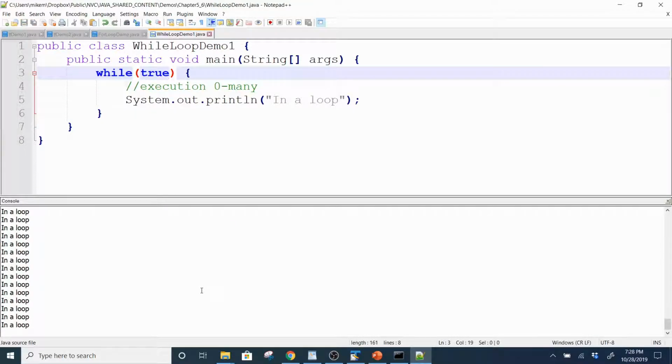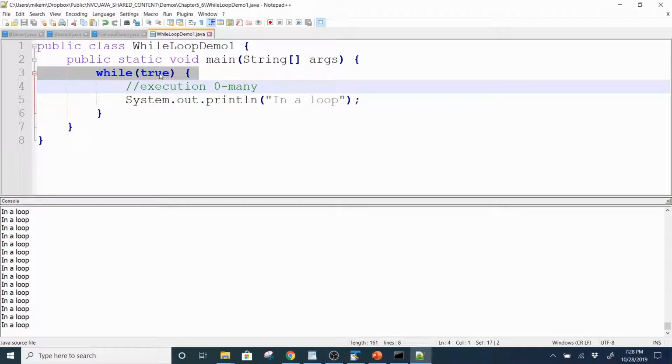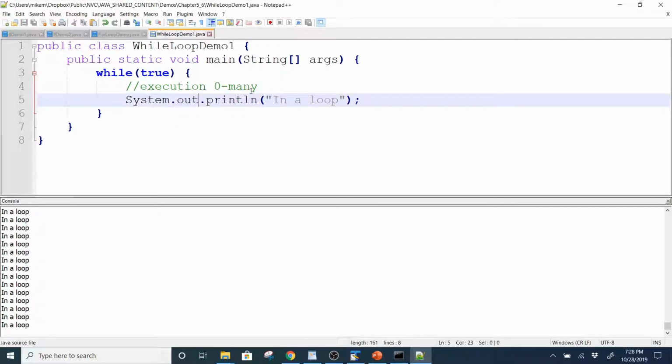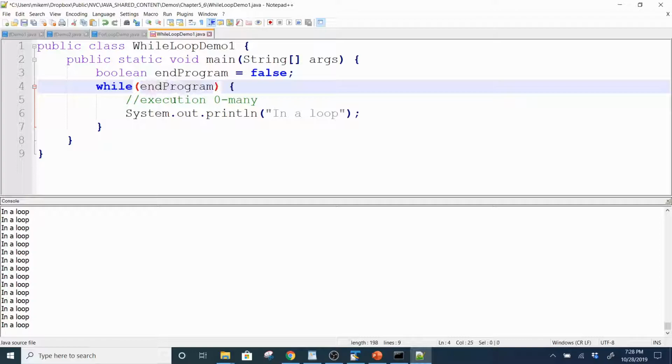All right, run, and then I'm just stuck in this loop. It's an infinite loop. Same reason we got into that infinite loop with the for loop: this condition never becomes false, so you're just going over and over again. If I were to make some control variable like boolean endProgram, and I just set this to false, and then I came over here and